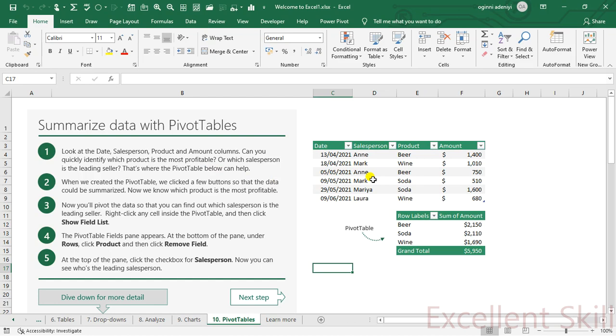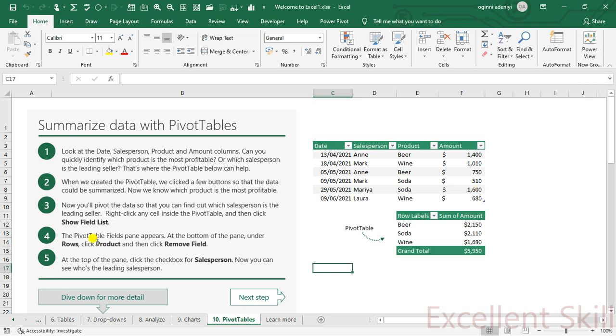Now we have a few data sets. Mind you, in a real life scenario, we are going to have a larger, more cumbersome data set compared to what we are having now. By then, if you want to analyze, tell me how long are you going to search to get the right answer? But with this little data set, can you check and say okay, this is the salesperson that had the best sales? So there is a lot to derive from a pivot table. It makes our work simpler.